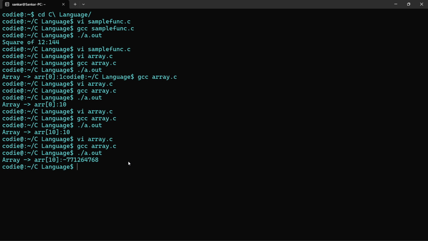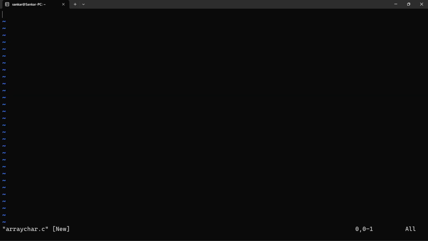But you can also store different data types, such as character. So let's see an example of how a character array works. I'm going to create array char.c. In it, I'm going to write hash include stdio.h, and a main function, int main of. I have created a main. Now I'm going to declare an array as char arr of 5, equals